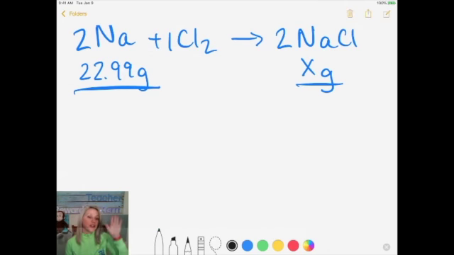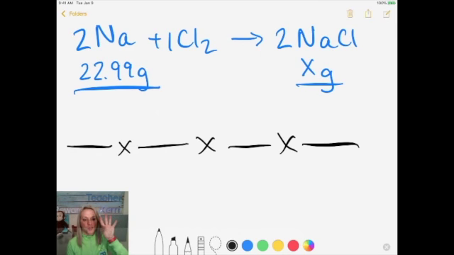Since we are going from grams to moles to grams, we're going to have 4 steps. So we need to draw 4 division bars to represent all those steps. Start out with your four division bars. This is called dimensional analysis. We always start with what we're given first. In this case, we're given